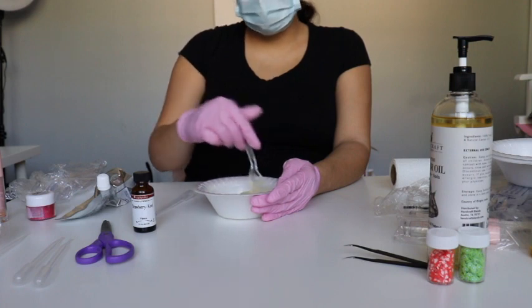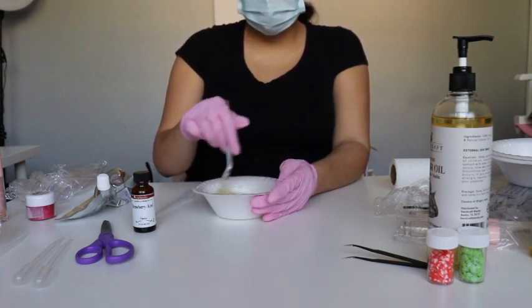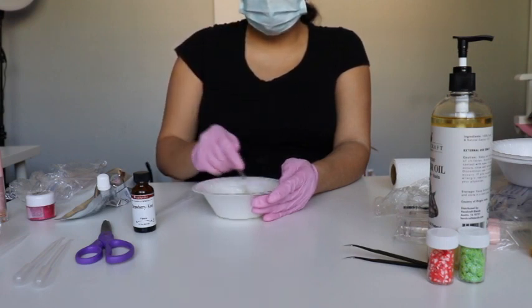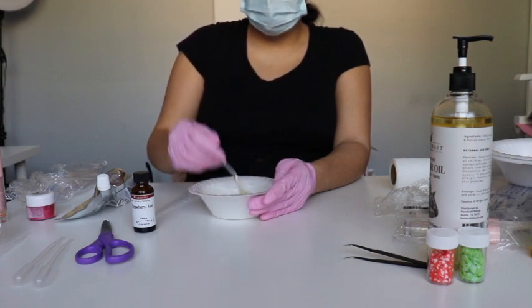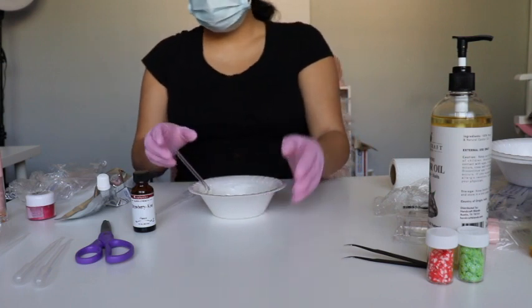So you have to be careful with your flavoring oil, because if you put too much, then your lips might end up having a little burning sensation. So try not to put too much in there. Alrighty, so now that we have that,